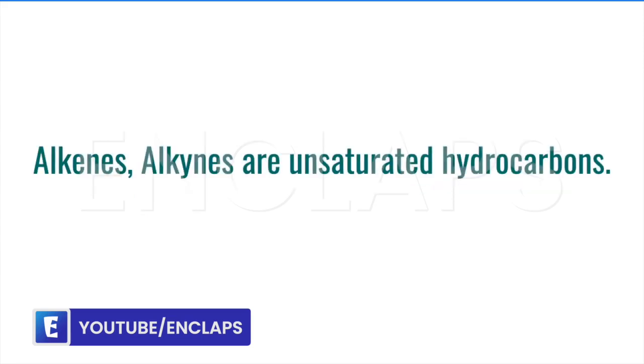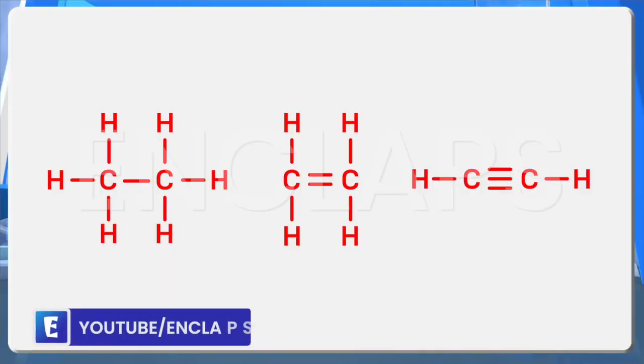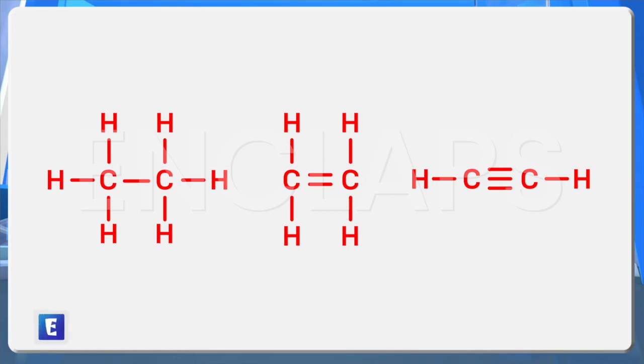Alkenes and alkynes are unsaturated hydrocarbons. We have three compounds here. We have to write the molecular formula of these compounds. In the first compound, there are two carbon atoms, and in the first carbon atom there are three hydrogen atoms, and in the second carbon also there are three hydrogen atoms. So total 2 carbon atoms and 6 hydrogen atoms. What will be the molecular formula? Yes,